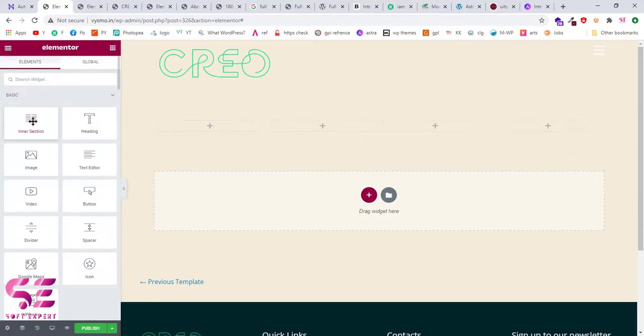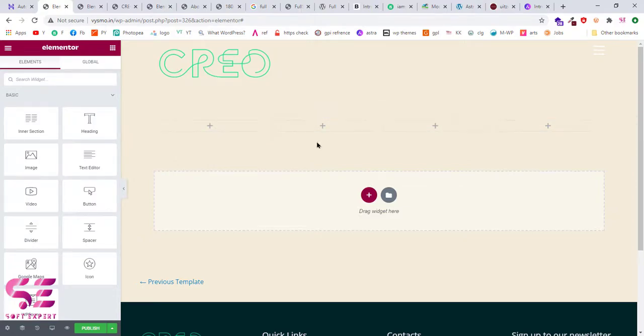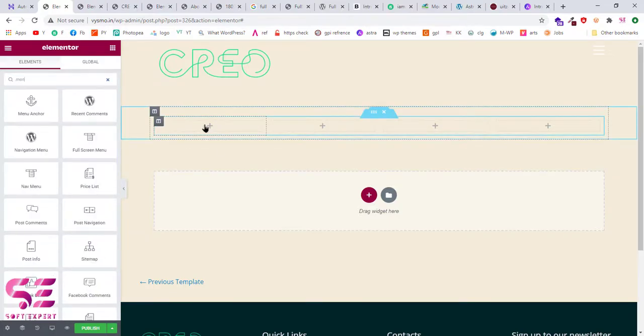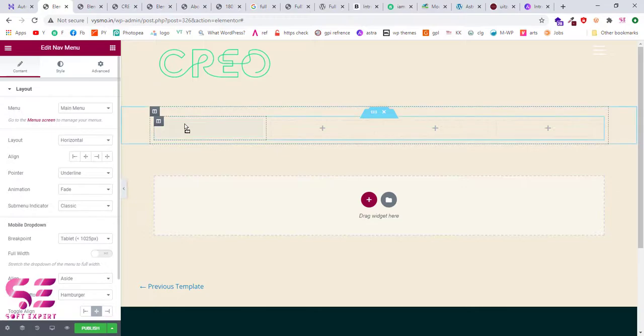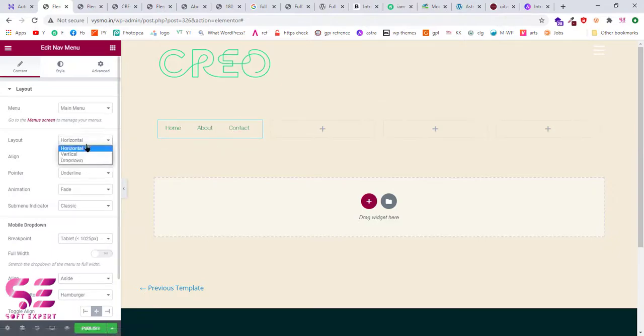You can display text, images, videos, everything here in the menu. I will create a mixed menu so that you can understand it easily. First of all, I will put the menu here. So search for menu. By default it will be horizontal. You can make it vertical.